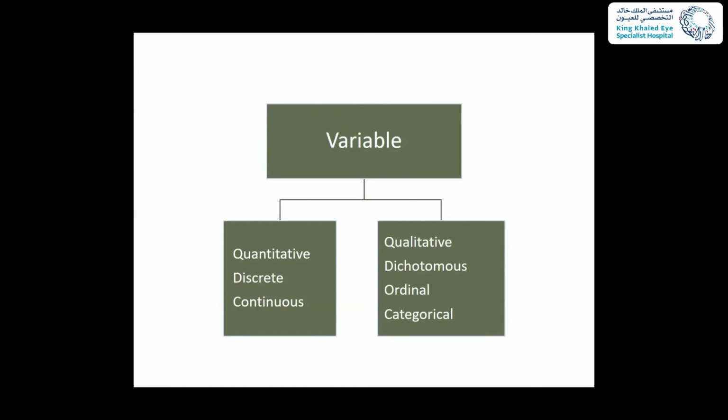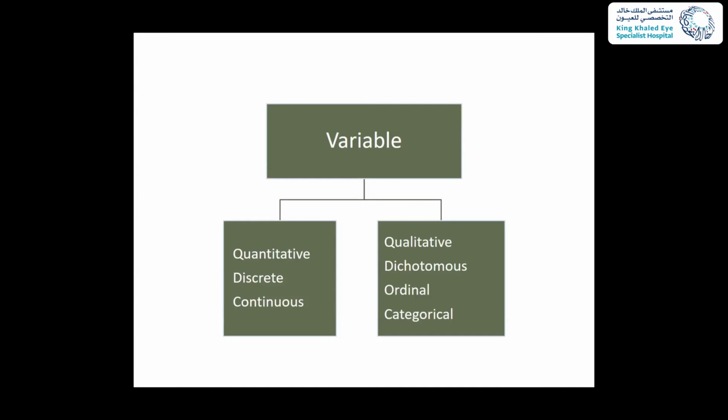Continuous means it doesn't stop. It's not like discrete, which is 1, 2, 3, 4, 5. Continuous has decimals. It's like the money balance, like age, weight, height, or so. Discrete is like when asking how many children do you have, how many cigarettes do you smoke a day, or so on. Qualitative variables are when we have the answers by words, by category,